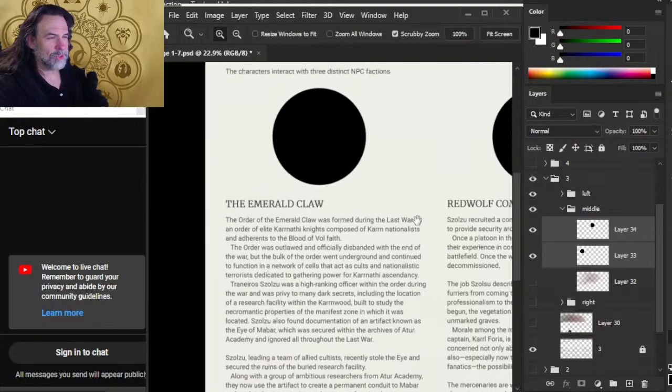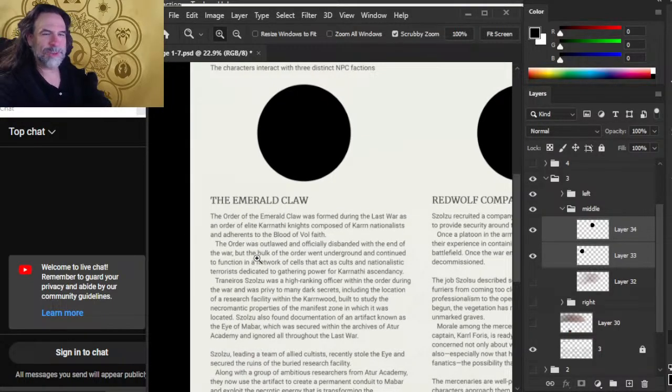And then there's the Emerald Claw, which are incorrigible. They're the terrorist organization that stole the artifact from Ader Academy to go to this defunct research lab to get access to the materials inside to start the ritual with the artifact to create a new manifest zone and to stabilize it, and at the center of it create a permanent two-way door to Mabar that the Emerald Claw is attempting to use for making money by harvesting alchemical and spell component materials to basically sell off to the 12 and other Emerald Claw cult members, basically as a money-making scheme and as a way to gain power both in